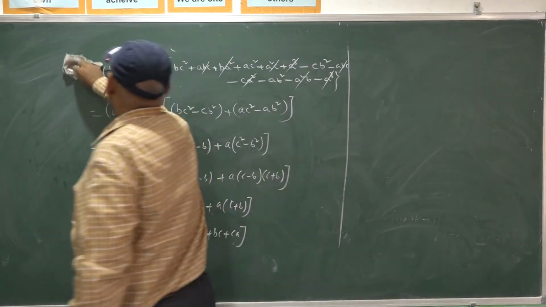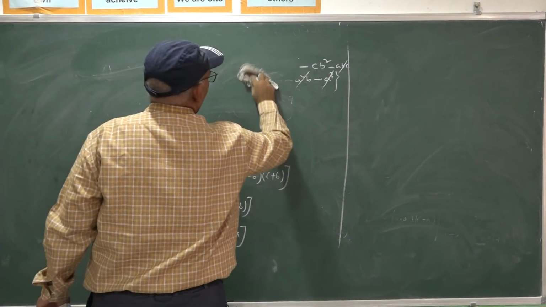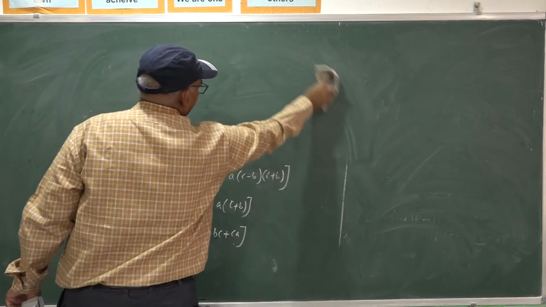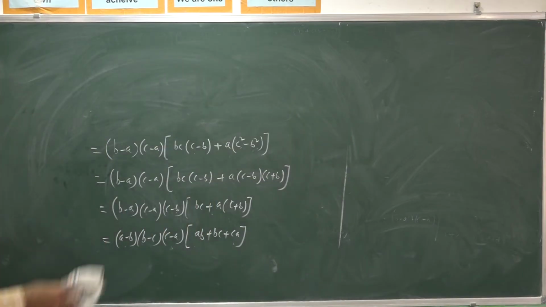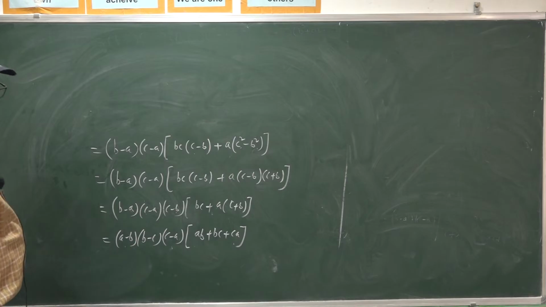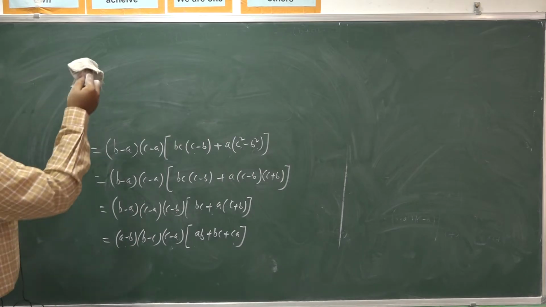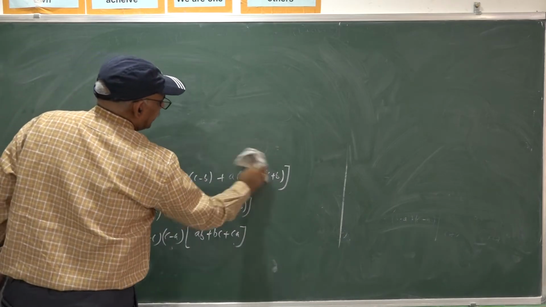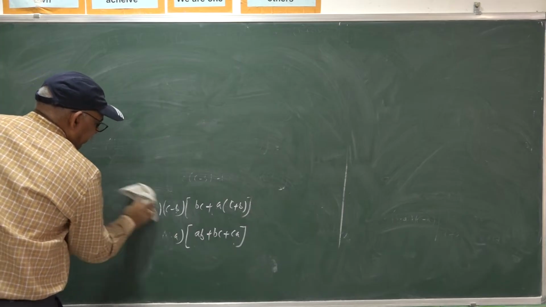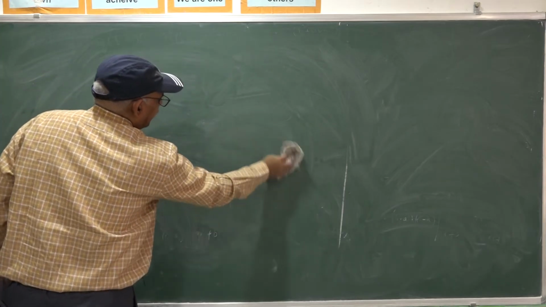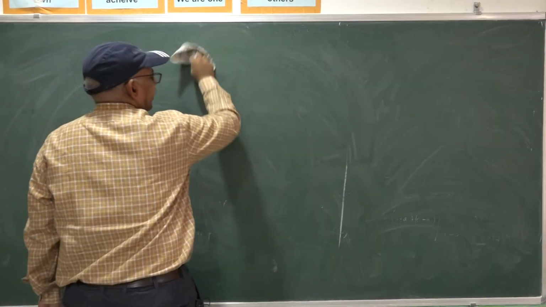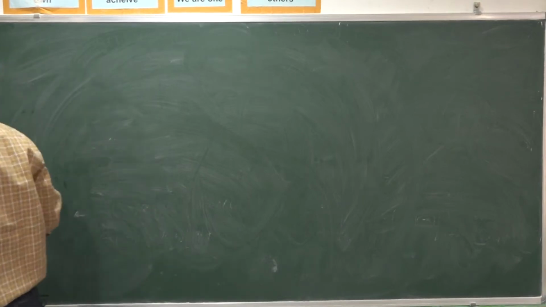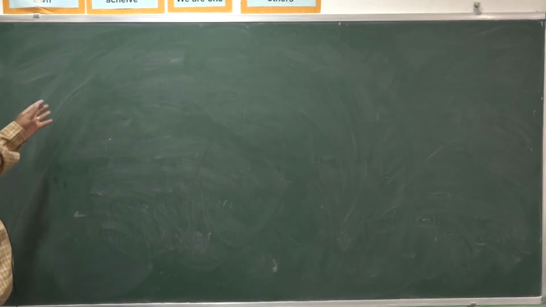These determinants are important. I am reading them column wise: 1, 1, 1, A, B, C, A square, B square, C square. Similarly, 1, 1, 1, A square, B square, C square, A cube, B cube, C cube. Similarly, 1, 1, 1, A, B, C, A cube, B cube, C cube. Like that, you can evaluate the determinants by taking different values for A, B, C, and find the values of the determinants.